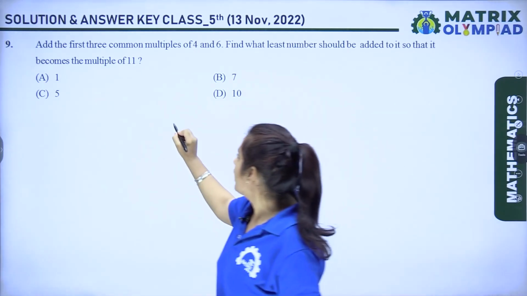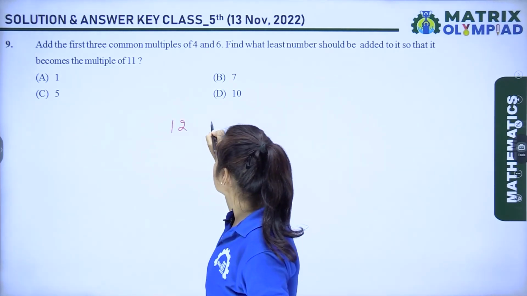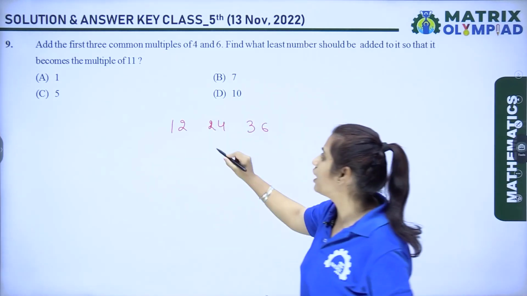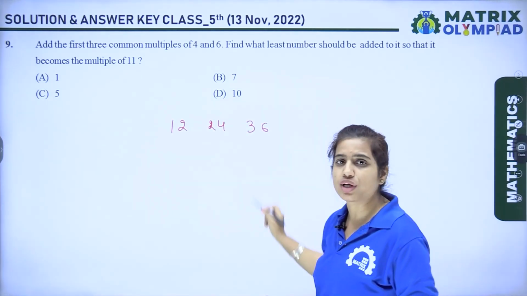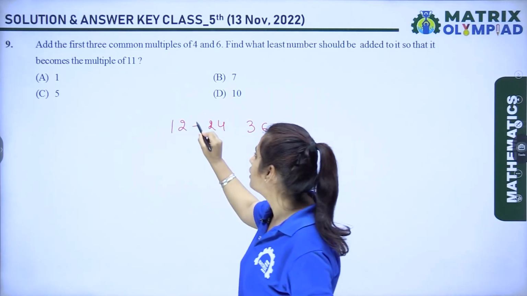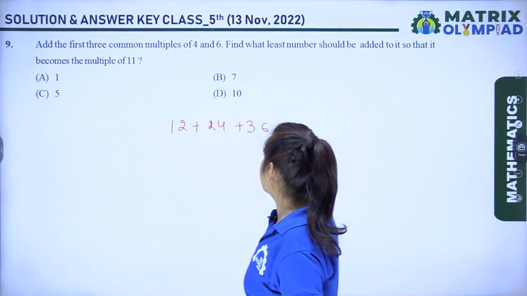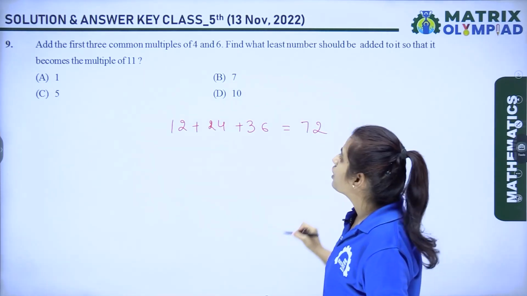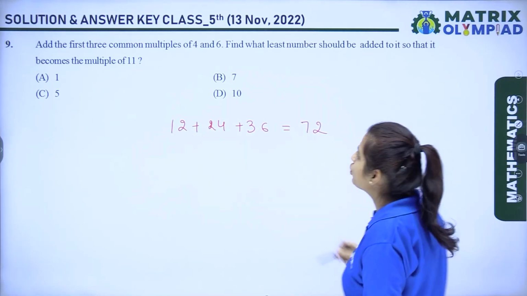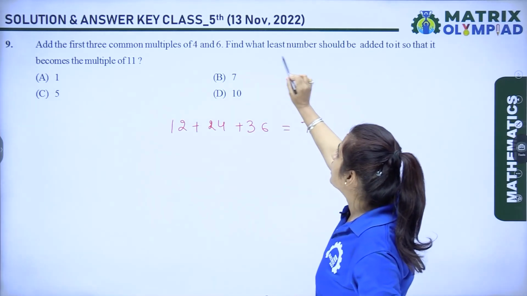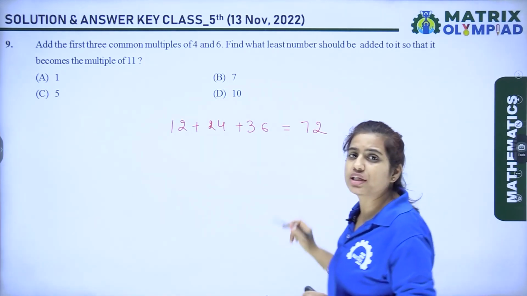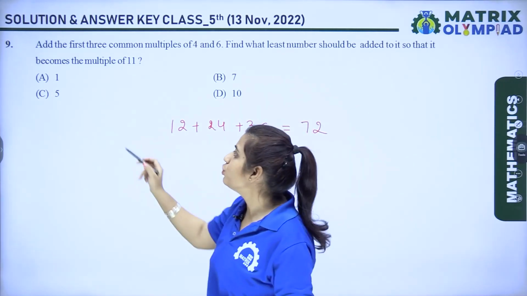So they are 12, 24 and 36. So these are the first 3 common multiples of 4 and 6. Now we have to add them. 12 plus 24 plus 36 is 72. Now in the second step, what we have to do is find the least number that should be added to 72 so that we can get